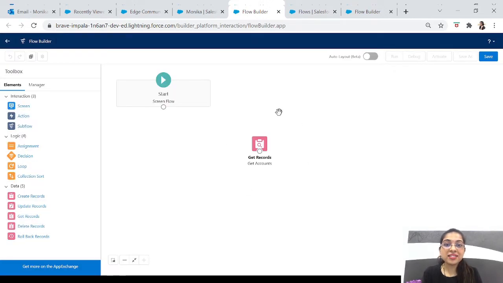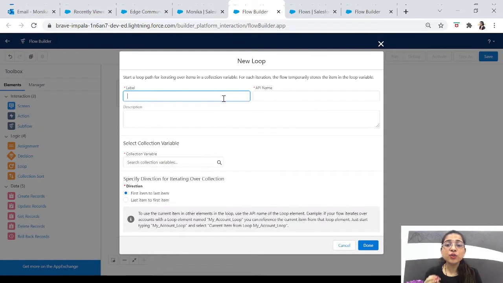So basically in this get record, we have got all the accounts. Now what is the next step? The next step is to loop through the accounts and check if the account has any contacts already. So this is the new element that we are learning today. Let's take loop. And in the loop element, let's write loop through accounts.